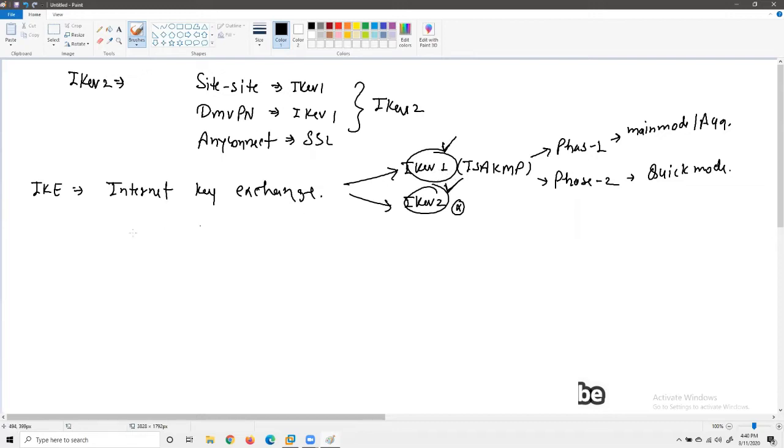Now, IKE V2 also works on UDP 500, with a destination port of UDP 500, like ISAKMP or IKE V1. It has inbuilt support for NAT-T, NAT traversal, and DPD, dead peer detection. We don't need to enable them; they are enabled by default.